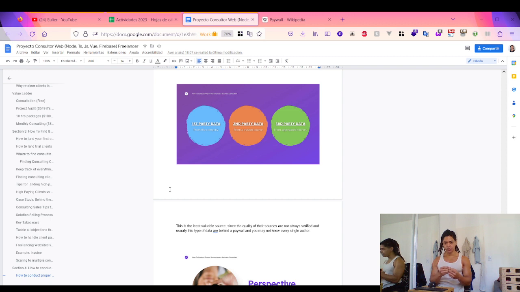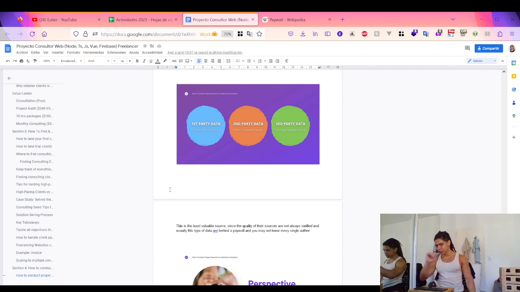Once you get that, you can see as far back as they have, and see what they have done in the past to help you influence your decision and recommendation. So you take that first party data with your own particular notes.